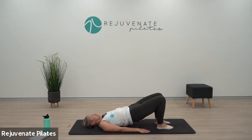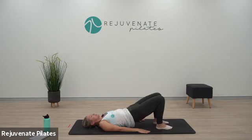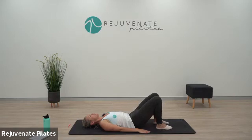Check in with your position here. You might want to walk your heels a little closer to your bottom. Send your knees out over your toes. Lift the hips, rib cage stays down. Watch your knees don't splay out to the side, so keep them in line with your hips. And then rolling down, rib cage first. Pubic bone stays as your highest point throughout the movement as you lower each vertebrae, one at a time back